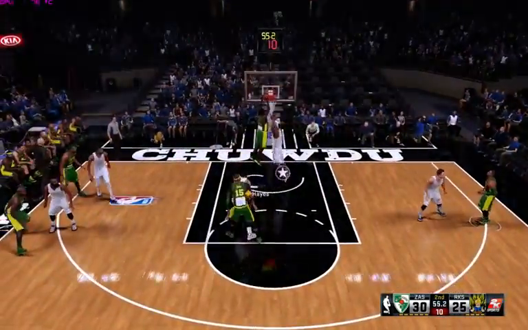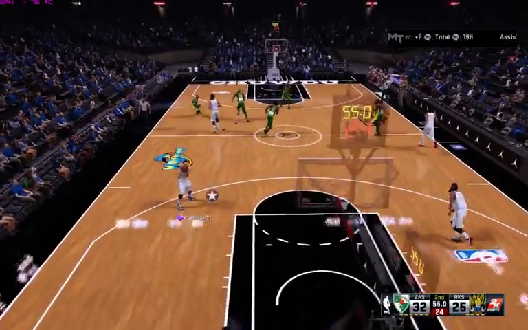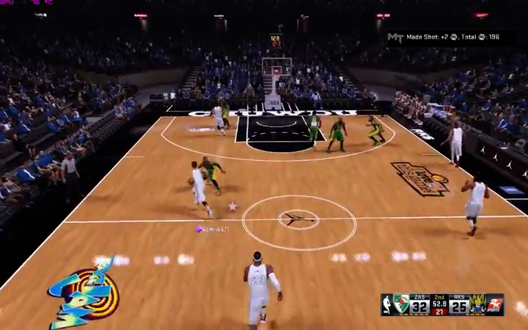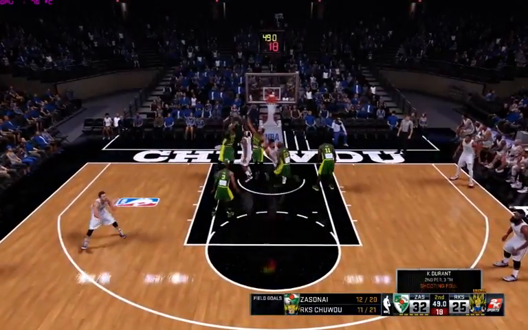Curry against Paul. And Hayes throws it down. Boy, he threw out some punishment with that two-hand throw down. And Clark, now's the time to do it. Continue to attack that rim.